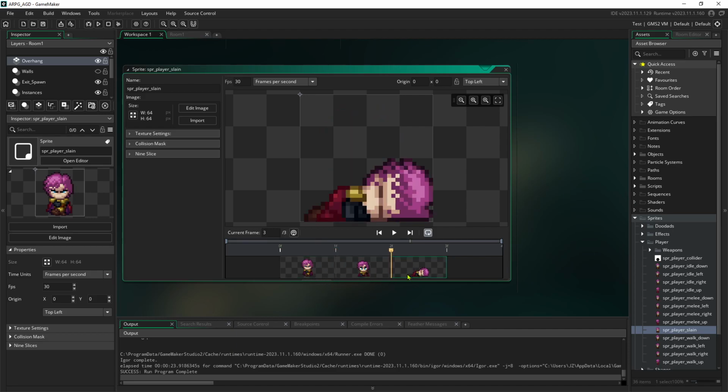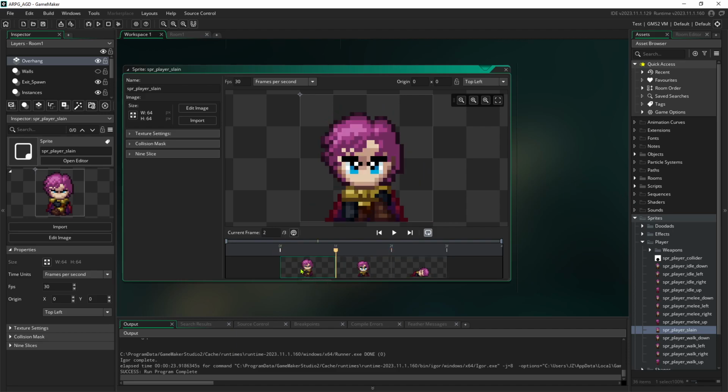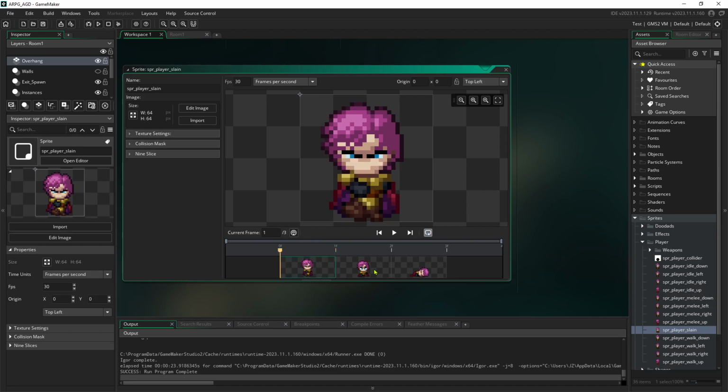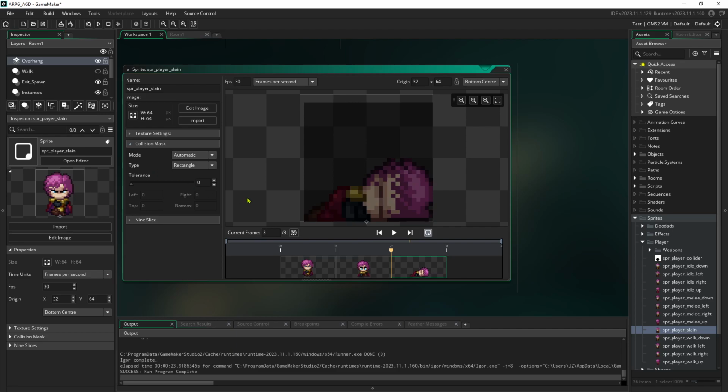And so that seems good. So we've got kind of the tallest standing one, kind of a crouching or kneeling, and then down. So if we recall, we were using the bottom center for the point of origin for the player. And we don't really need to worry about the collision mask because we're going to be using the other collider